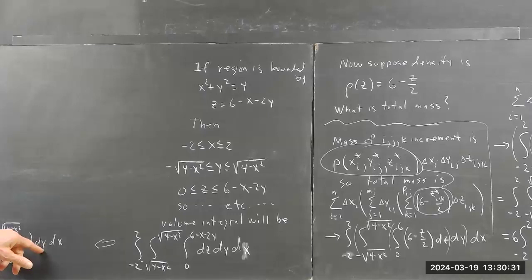Then integrating this with respect to y, we get the integral from -2 to 2 of